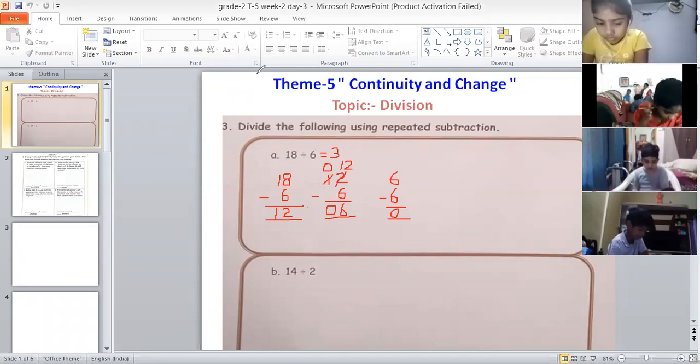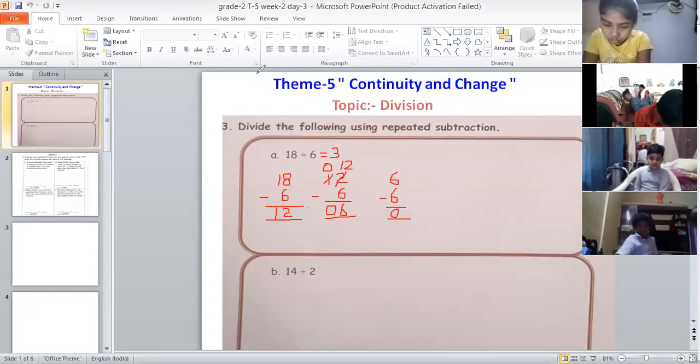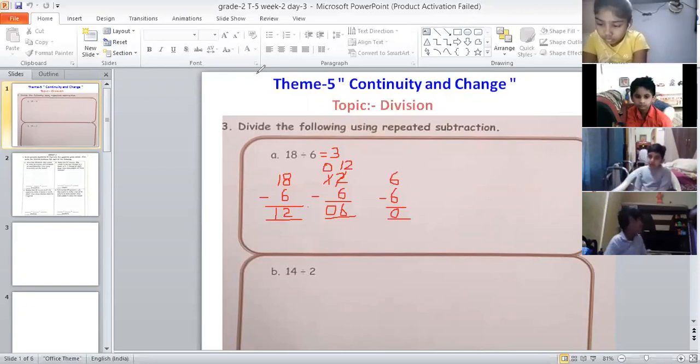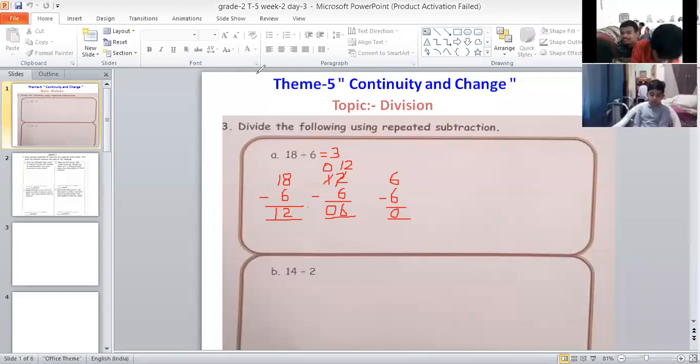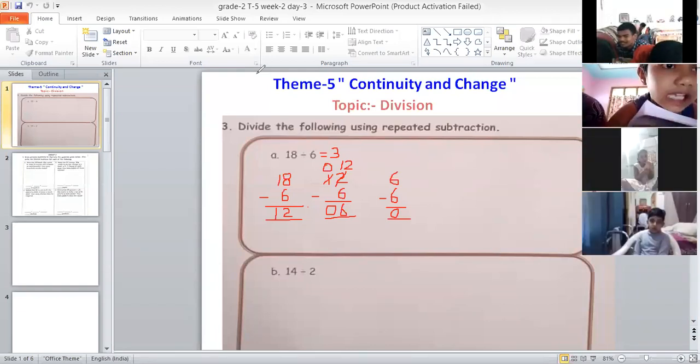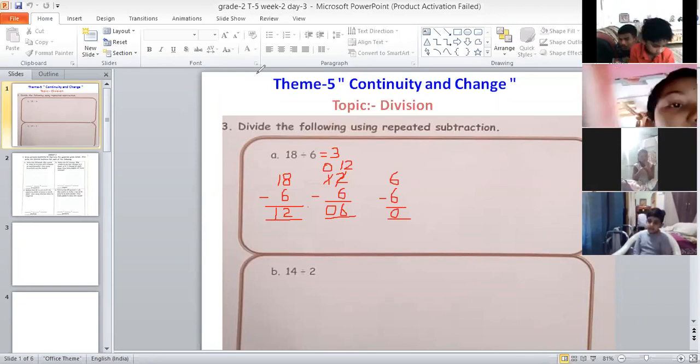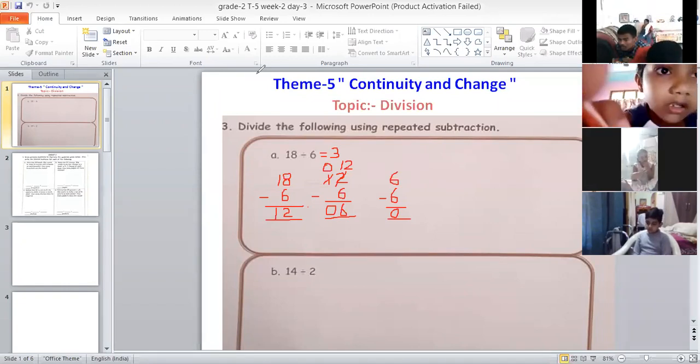Yes, Tanishka? Ma'am, how we should do? You gave first one, no? Second one, how we should do? Tanishka, I did not give first question as homework. And second one I'll be telling now. Okay? Second one not, ma'am. First one only you written this first 18 minus 6 after that you gave 12 multiplication 2 cross. No, that's not 12 multiplication, that's 12 minus 6. How we should do, ma'am? Can you 1 second? Okay.